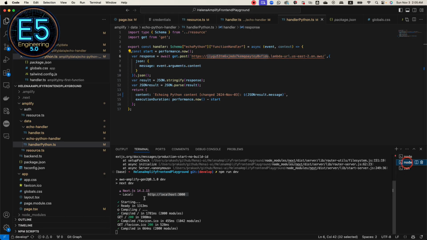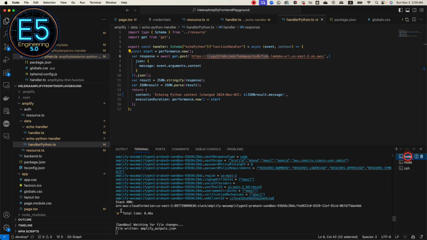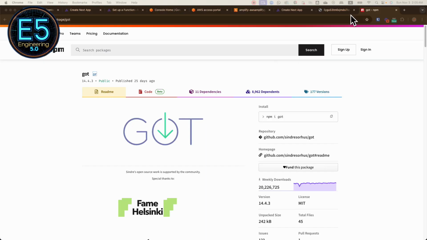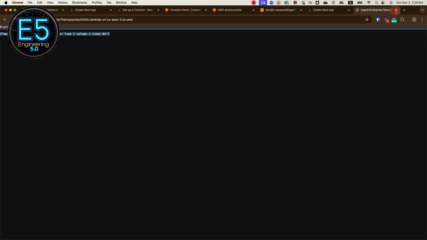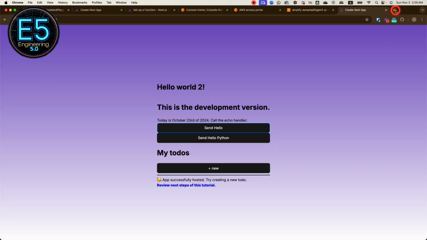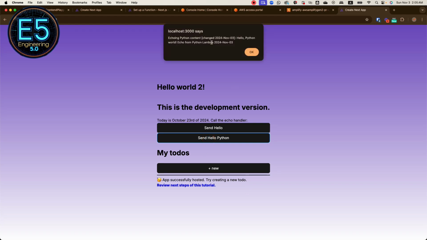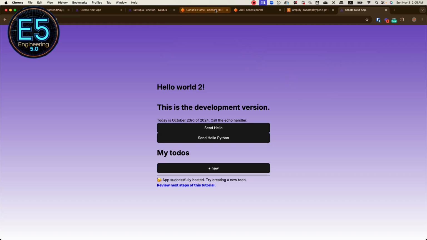If I go here, the front end is still running. And if I go here, this particular backend is also still running. So it should just work. So let me close that one. Let me close that one also. And this is running in the localhost. So if I now call this one, it should say echo from Python Lambda 2024 November 3, and it's calling the new Python Lambda. And if I go back here in the console,